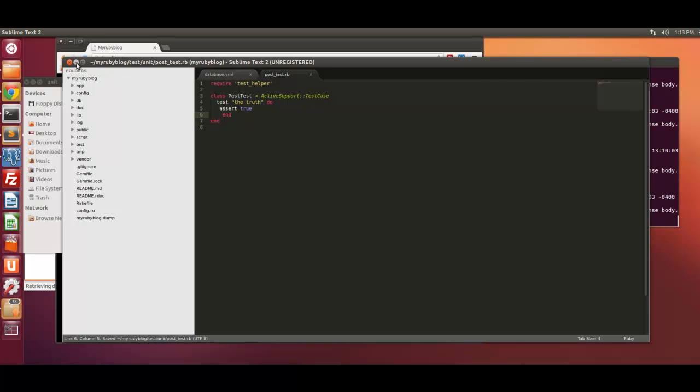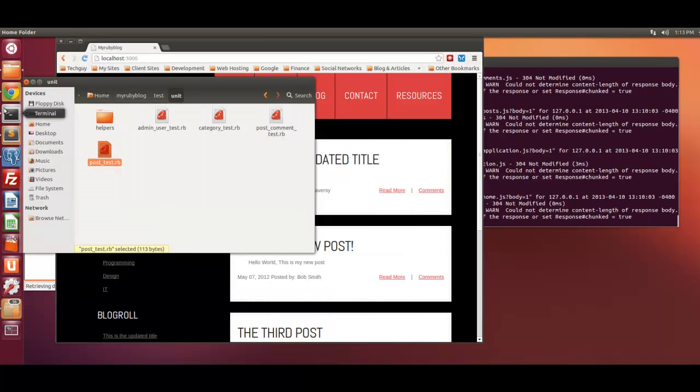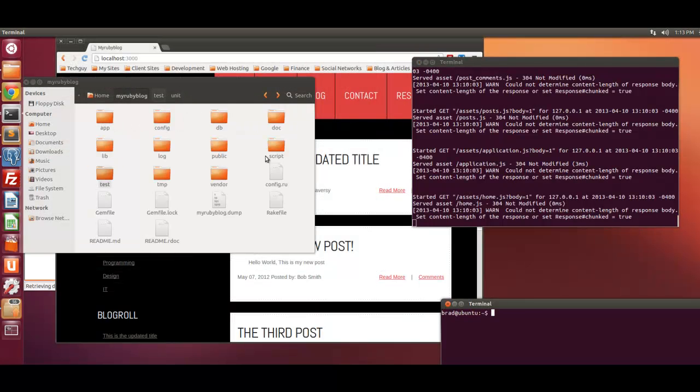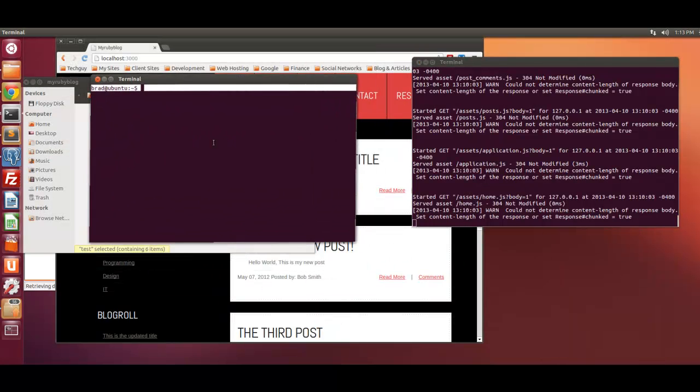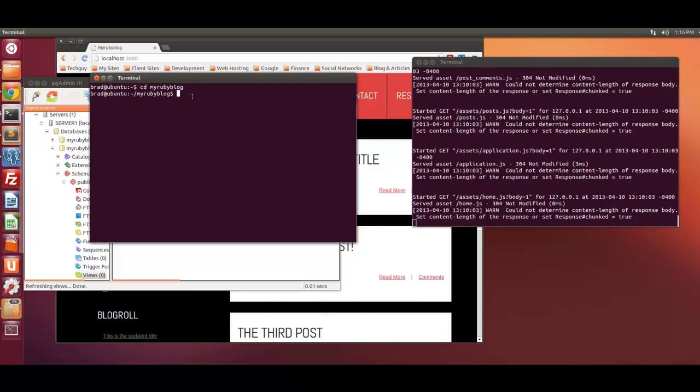So let's save that, and we want a new terminal. So we want to first make sure we're up to date with our database. So we want to run rake db:migrate. So it looks like it's updated because we didn't get anything back. And we want to prepare our test database. So if we do rake db:test:load,